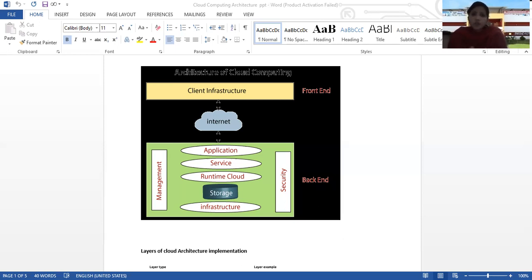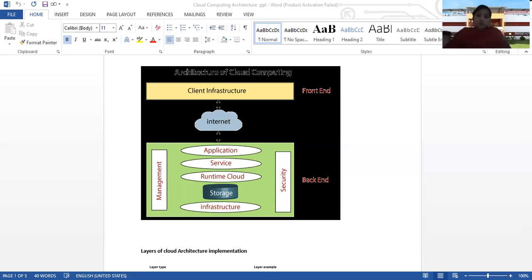So you know now the client contains the client side interface, like applications, that are required to access cloud computing platforms, right? Then the back end is used by the service provider. It manages all the resources that are required to provide the cloud computing service. Whatever service requirement there is, it provides for cloud computing. It includes a huge amount of data storage, then security mechanisms, virtual machines, deployment models, server traffic control mechanisms, and so on.